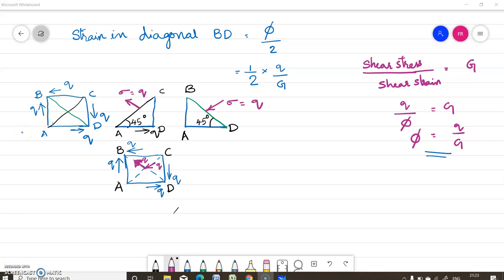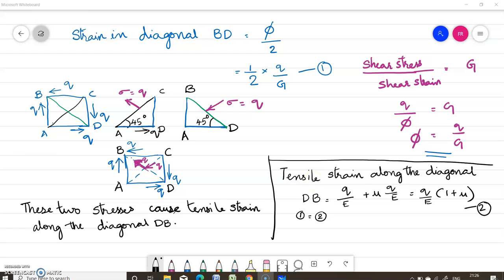We have seen that this square element is subjected to pure shear. This pure shear gives rise to an axial tensile stress q in the diagonal direction BD, and an axial compression at right angles to it. So these two stresses cause tensile strain along the diagonal BD. Since this is compressive along AC, it will cause tension in BD. Since the two stresses, this q along BD and this q along AC, cause tensile strain, we can write: